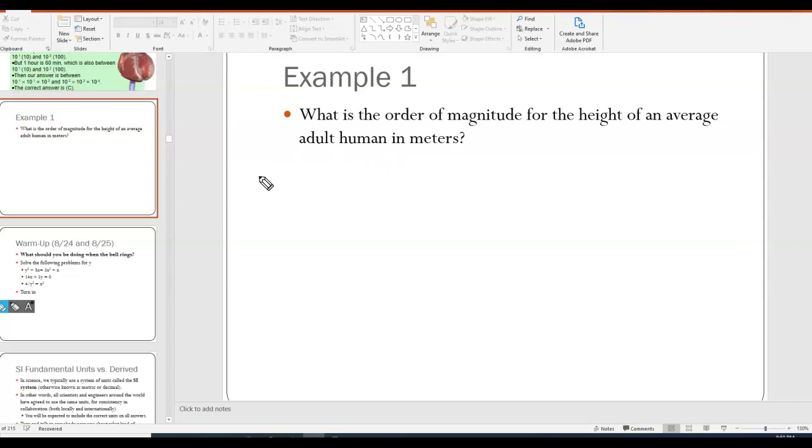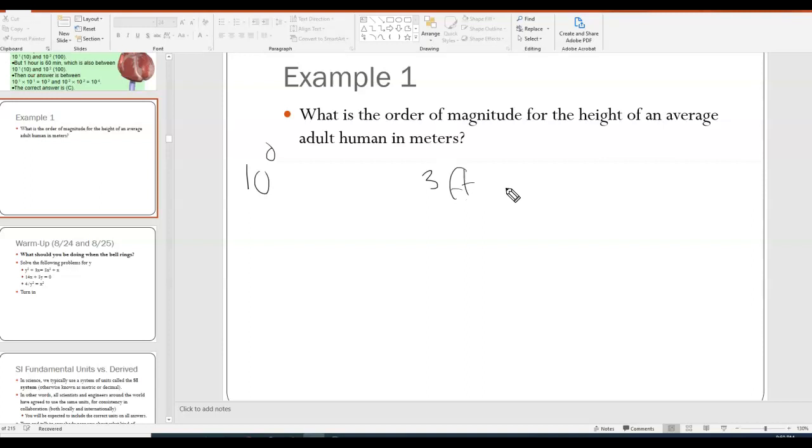Okay, so the answer to this question is 10 to the power 0. Now, I personally am 5'8". I know some people are really short, maybe below 4 feet. Some people are really tall. I would say really tall would be 6 feet or more. Okay, so if you're 3 feet,